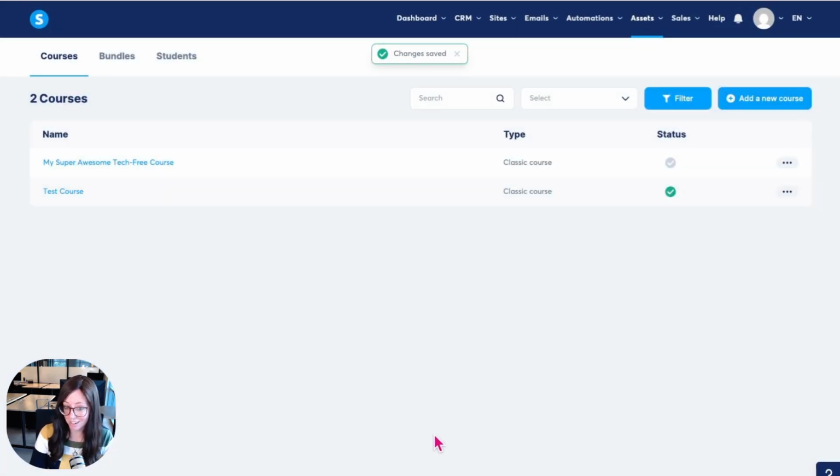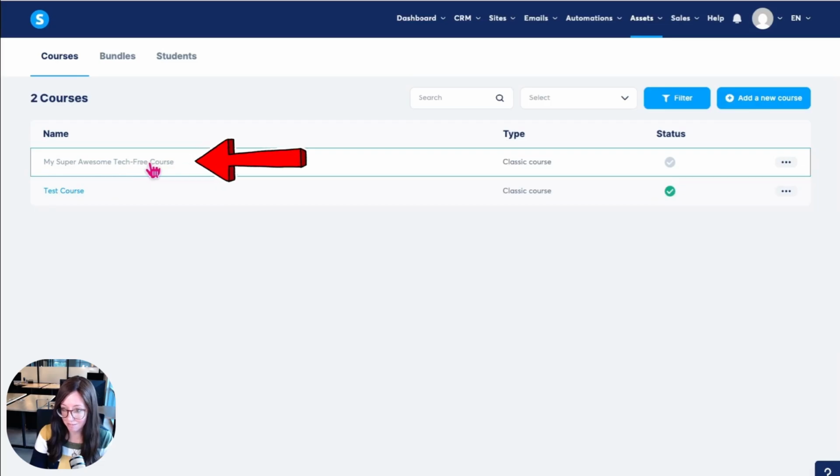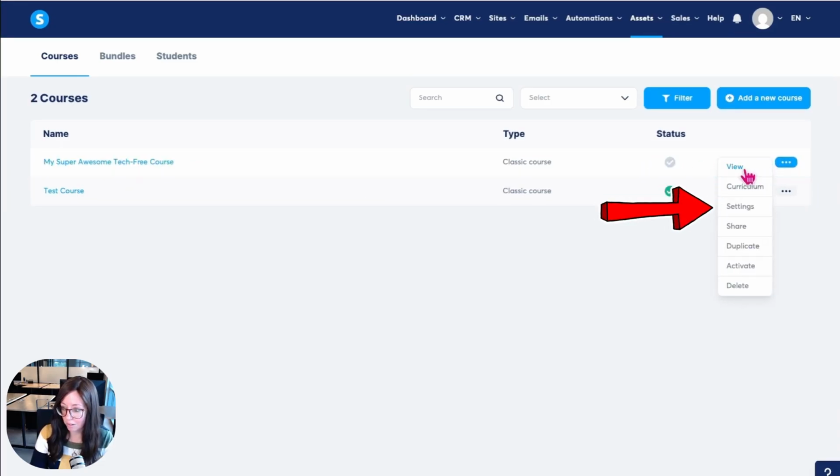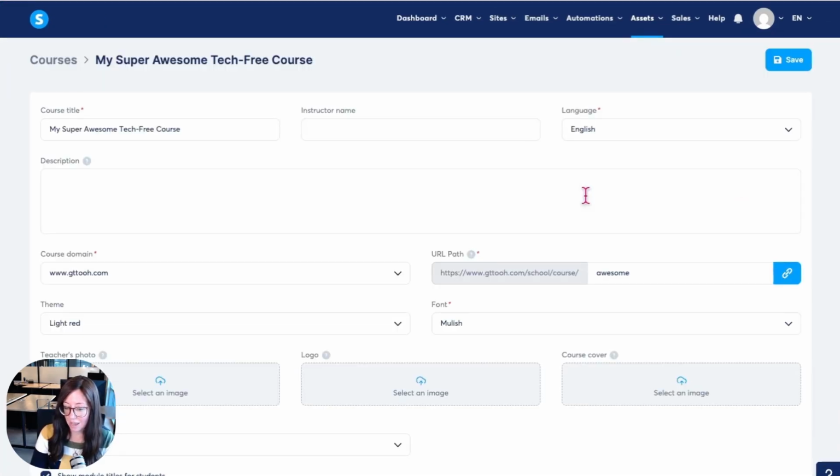That's the first round of settings. What's the name of your course? What domain is it on? What theme do you want, and what URL path are you choosing? So now you'll see My Super Awesome Tech Free Course right here. And if we go back to this three-dot menu and go to Settings, it's going to lead us to a whole different settings page. Now on this settings page is where we're going to set up a whole bunch of